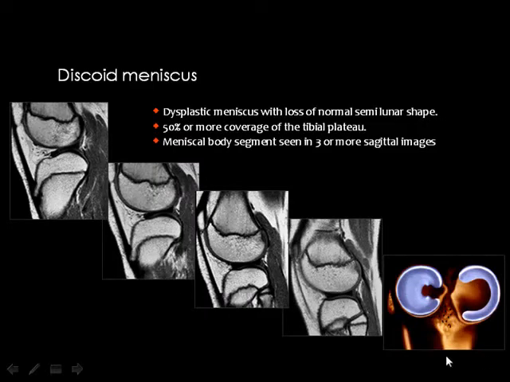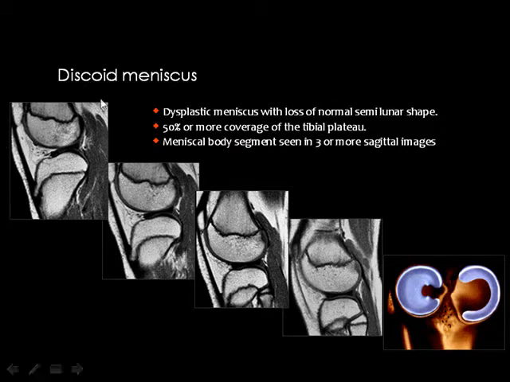Then you come to the discoid meniscus, which is a lesion commonly seen on the lateral aspect. What do we mean by discoid meniscus? It is disc-like, meaning that the body of the meniscus is large and the horn is small. Then, how can you know that the body is large? If you are cutting in the knee and you see no gap, this is the body of the meniscus. If you see the body of the meniscus in three images, you know that the body is large, because the normal appearance of the body is only in one section or two maximum. But if you see it in three images or more, then the body is large,